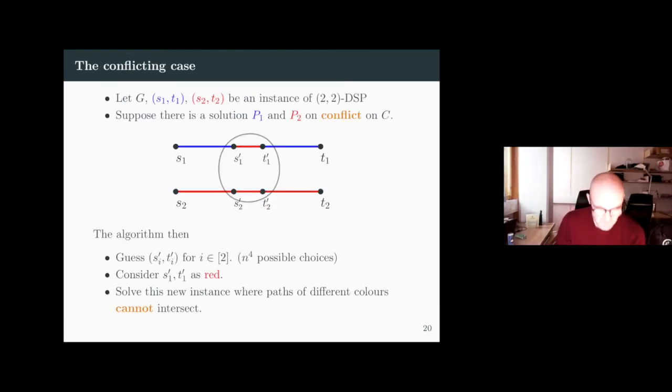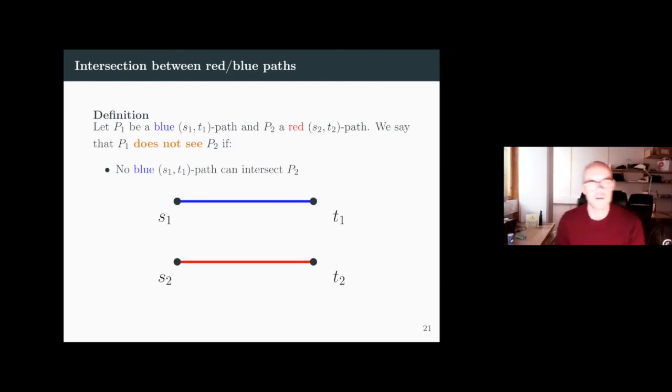Okay. All right, so we cannot get something so clean because the paths might not be intersecting. So what we will do is we'll define something a bit similar, but also the definition is a bit strange. Now you have a blue path and a red path, P1, P2. We say that P1 does not see P2 if you cannot replace P1 by a blue path that intersects